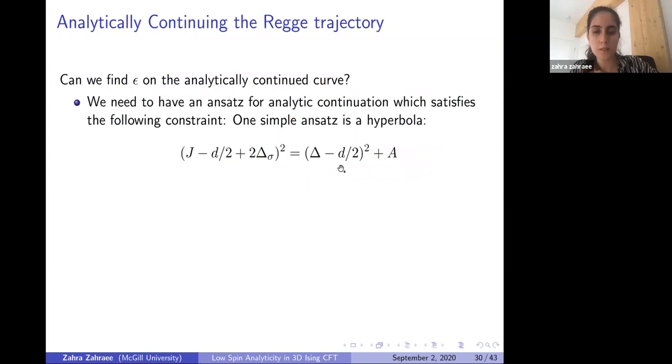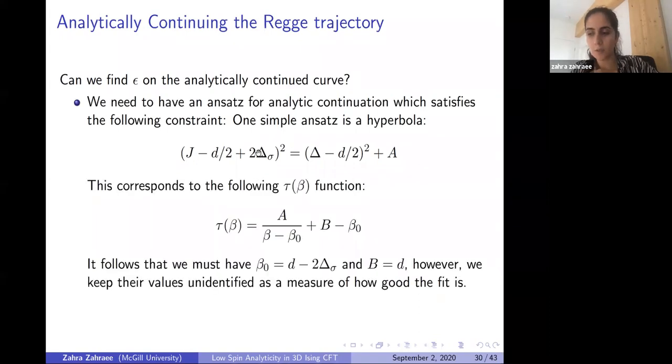This has the right shadow symmetry and the right asymptotics going to 2 delta sigma. Then we fit the data that we get from the inversion formula to this hyperbola. However, we keep the asymptotic and the point of intersection generic. So the result we get